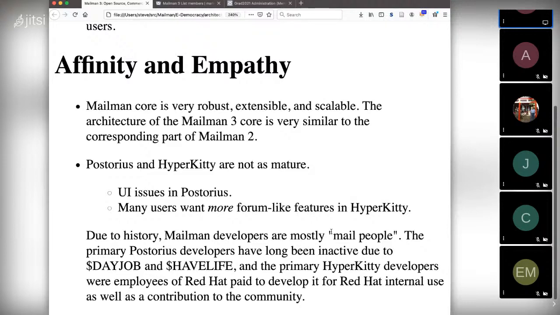And so now he has Empathy, which is his archiver. The interesting thing about Empathy is not that it's a forum. That's not what people wanted as far as he was concerned. And Empathy basically streamlines some of the things.